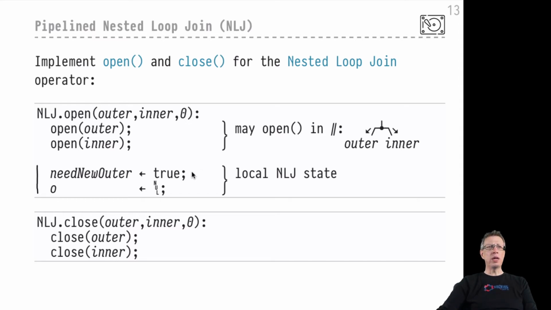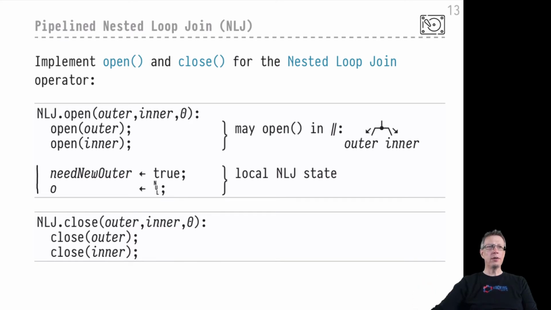Okay, so in the very beginning, indeed, a nested loop join would start with requesting the first row from the outer leg. So we will set this Boolean flag to true at this particular point, prompting our next function that we will see on the upcoming slide to indeed request the next row,